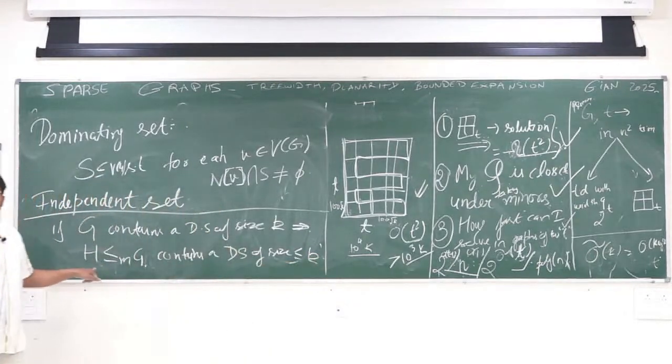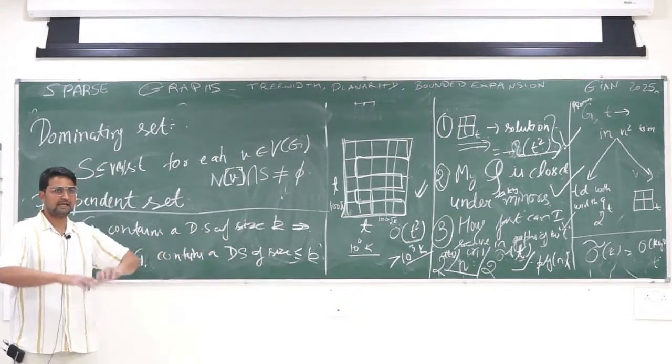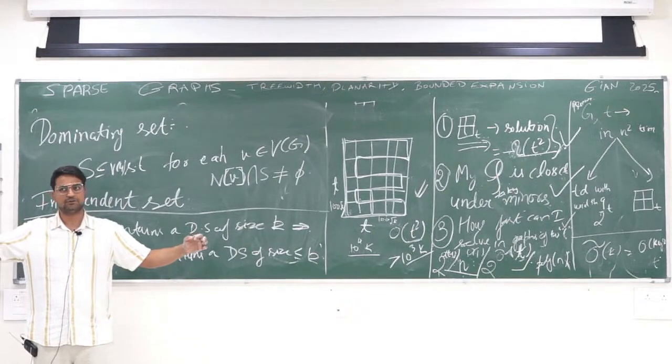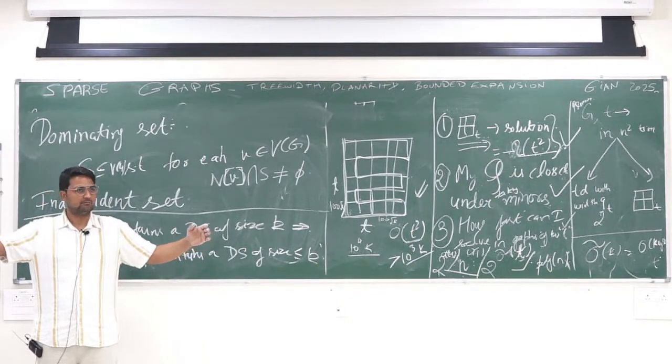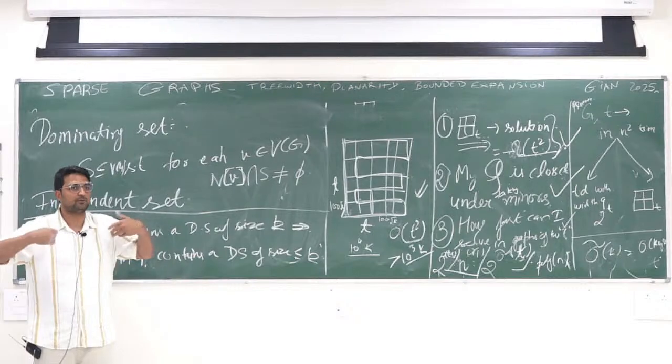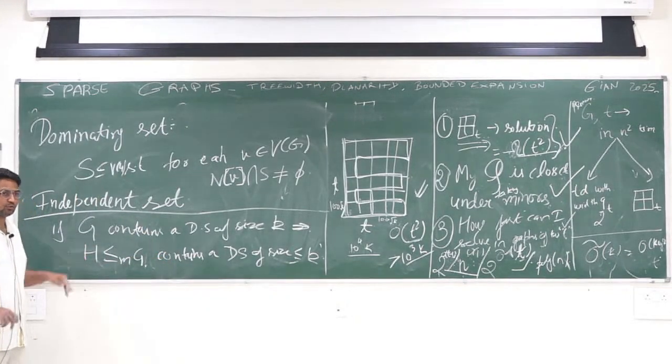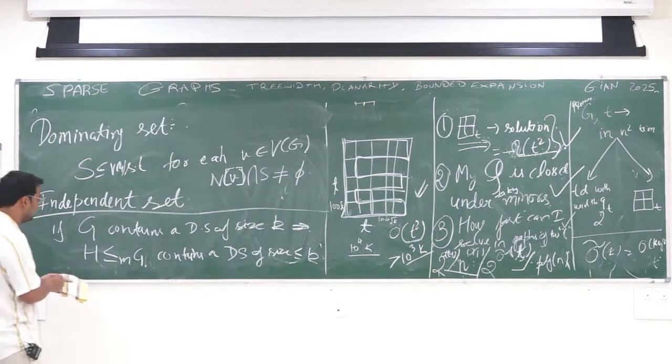Is this statement true? If there exists a vertex in the dominating set which dominates a lot of vertices, and we remove that vertex. So for example, you take a very large grid and a vertex dominating all of the grid, and you remove this vertex, and you don't have this monotonicity property anymore. This property fails. To check for independent set, what we will check is that if